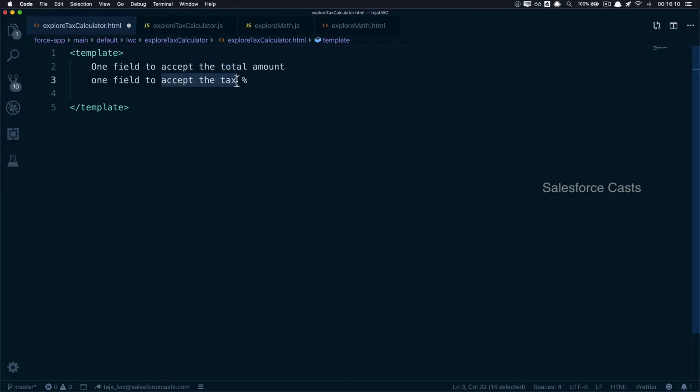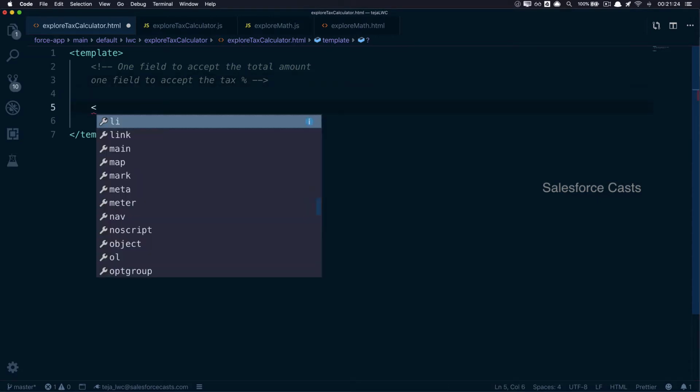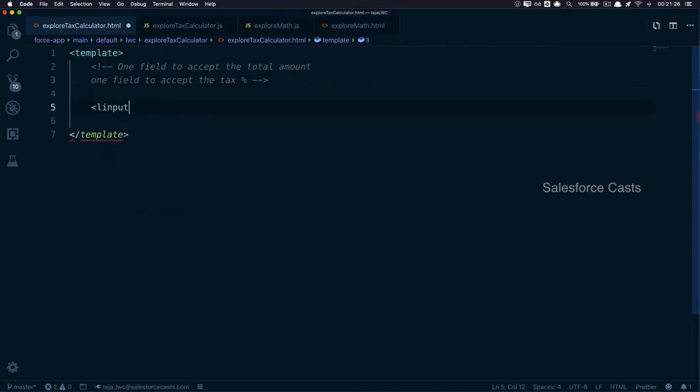And as mentioned, we'll try to put the business logic within the child component, and we'll try to accept all the user given inputs in the parent component, and we'll try to invoke the JavaScript method in the child component from the parent component. And to implement this, I would need two lightning input tags. So let me comment this out, and then I'll be using two lightning input tags, and I'll use name attribute to which the value is going to be